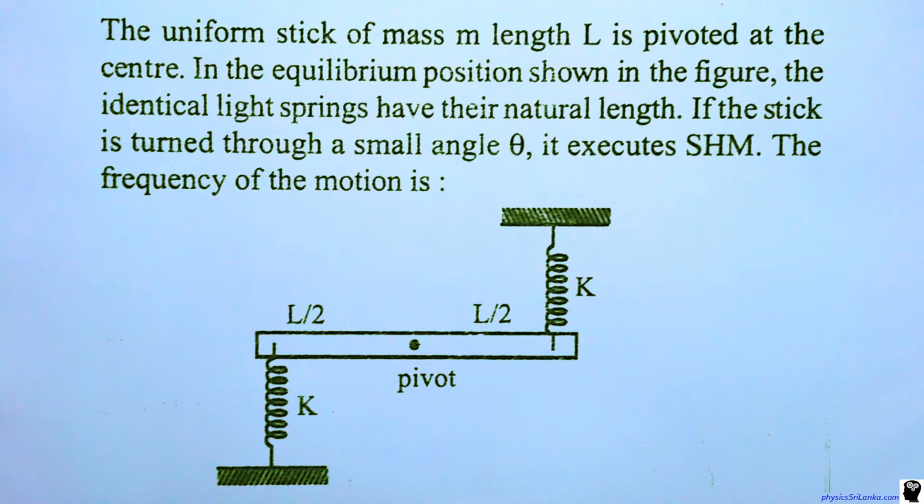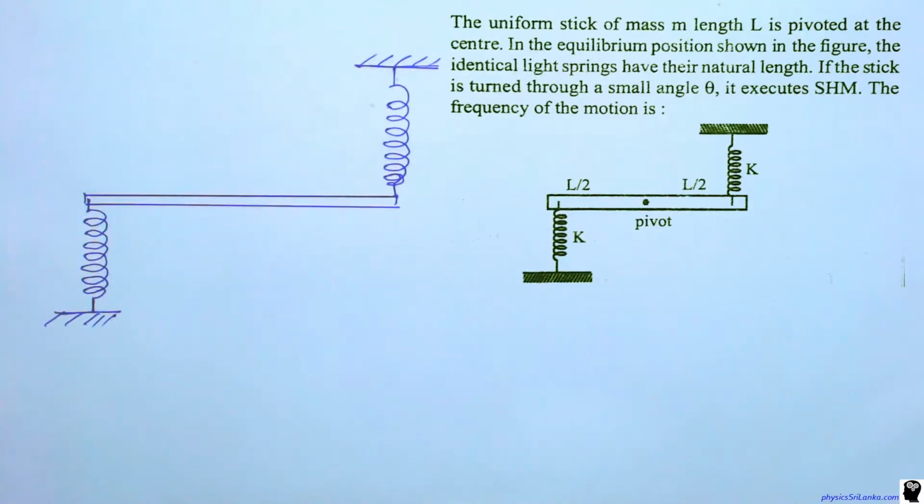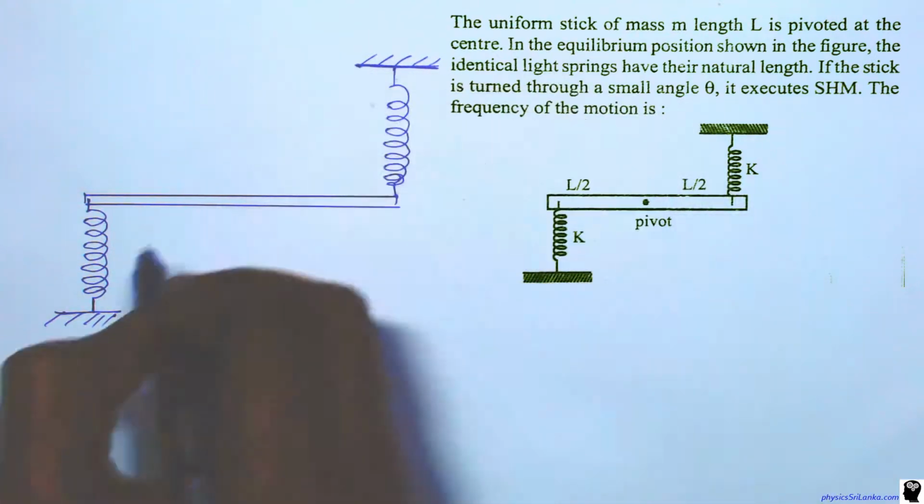Okay, let's do another question from simple harmonic motion. The uniform stick of mass m, length L, is pivoted at the center in the equilibrium position shown in the figure. The identical light springs have their natural length. If the stick is turned through a small angle theta, it executes simple harmonic motion. The frequency of the motion is, so that is, I have fixed horizontal walls